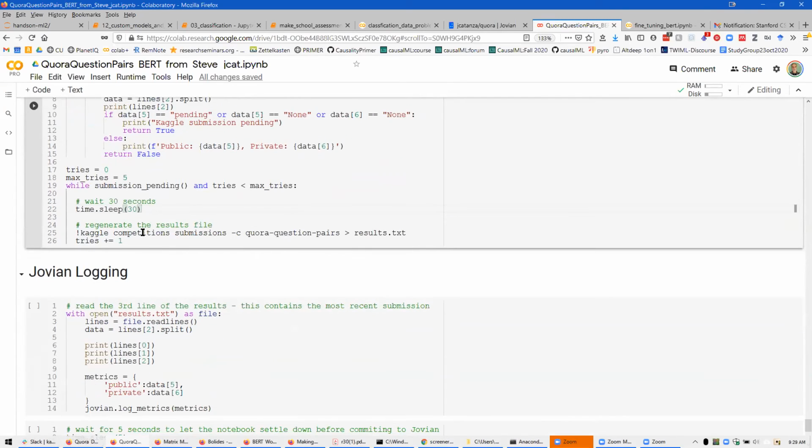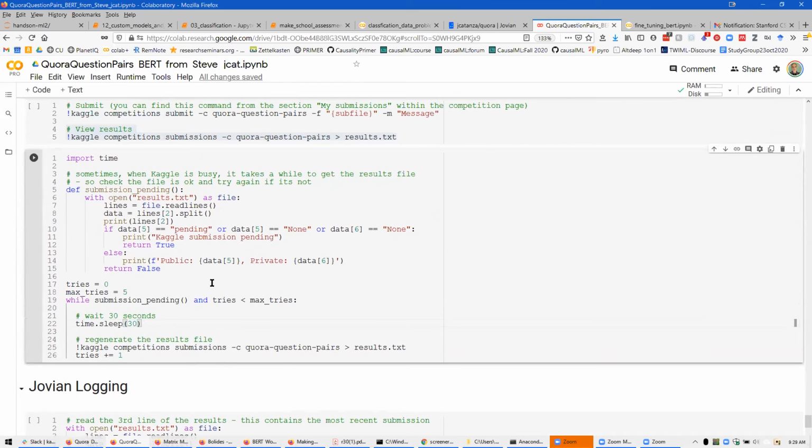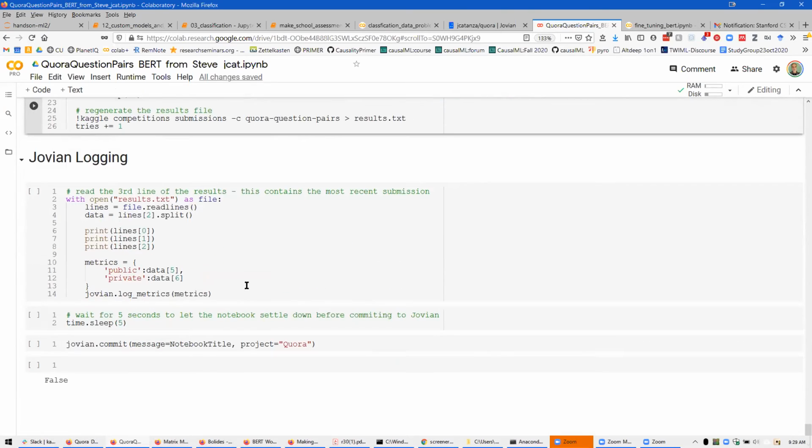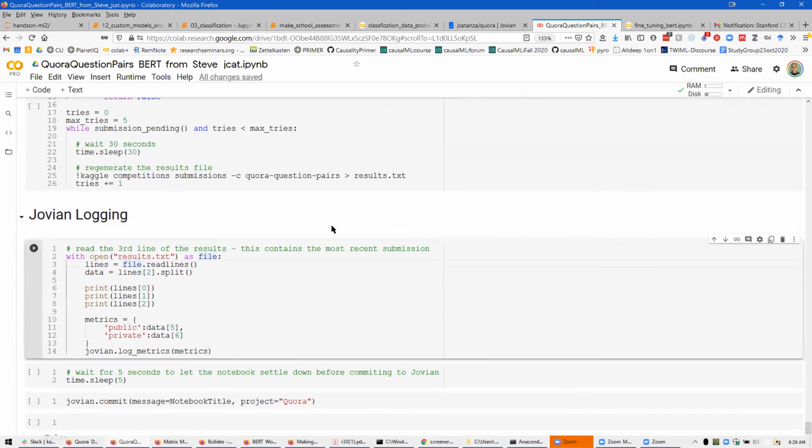So yeah, it'll try 5 times every 30 seconds until it finds the results. This is your file, right? Something you built? Cool. And then this part is where you're making use of the Jovian ecosystem, right? Yeah. So this part here, the results file that's come back from Kaggle should now contain the results,